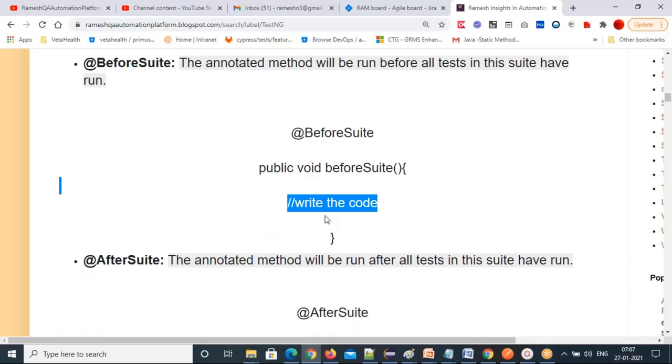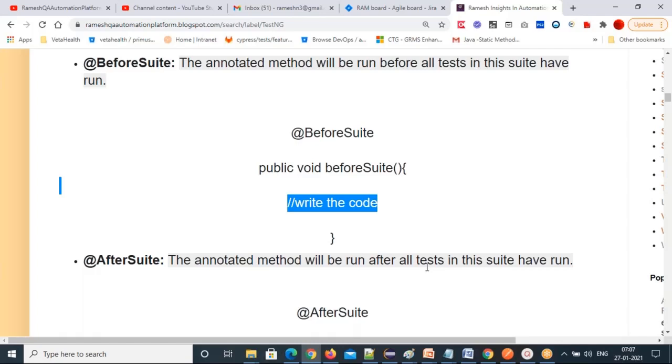Next, AfterSuite. What is meant by AfterSuite? The annotated method will be run after all tests in this suite have run. Okay, your suite test cases are executed. After that, what you want to execute?